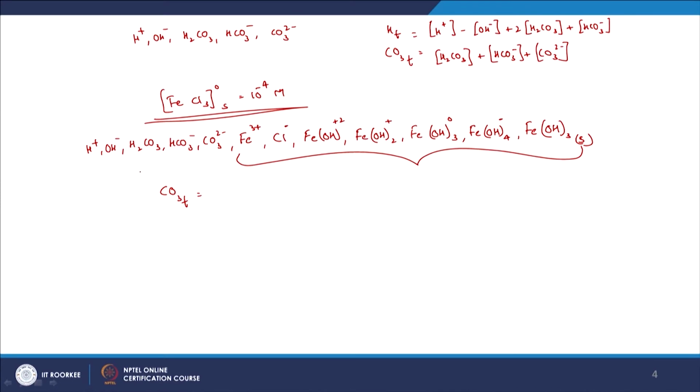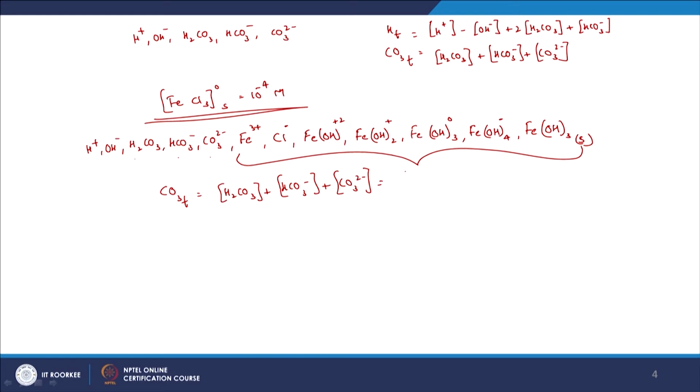So this is what I have. So I need to be able to incorporate these aspects into my solution. So obviously now if I look at it again and write CO3 total, CO3 total would still be equal to... is there any CO3 in this particular species? Nope, right. So I am only going to go with the same case as earlier. It's still going to be equal to H2CO3 plus HCO3 minus plus CO3 2 minus,